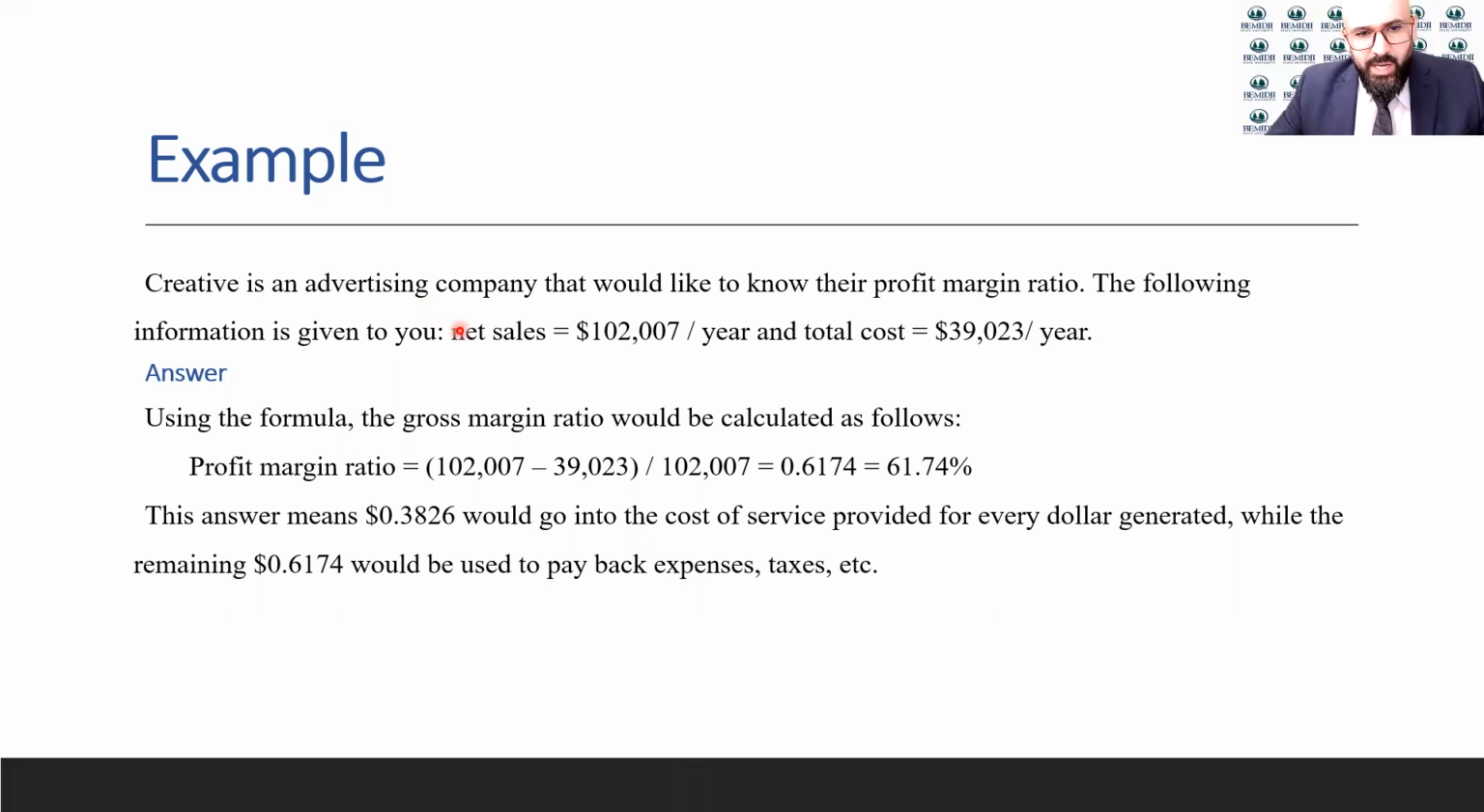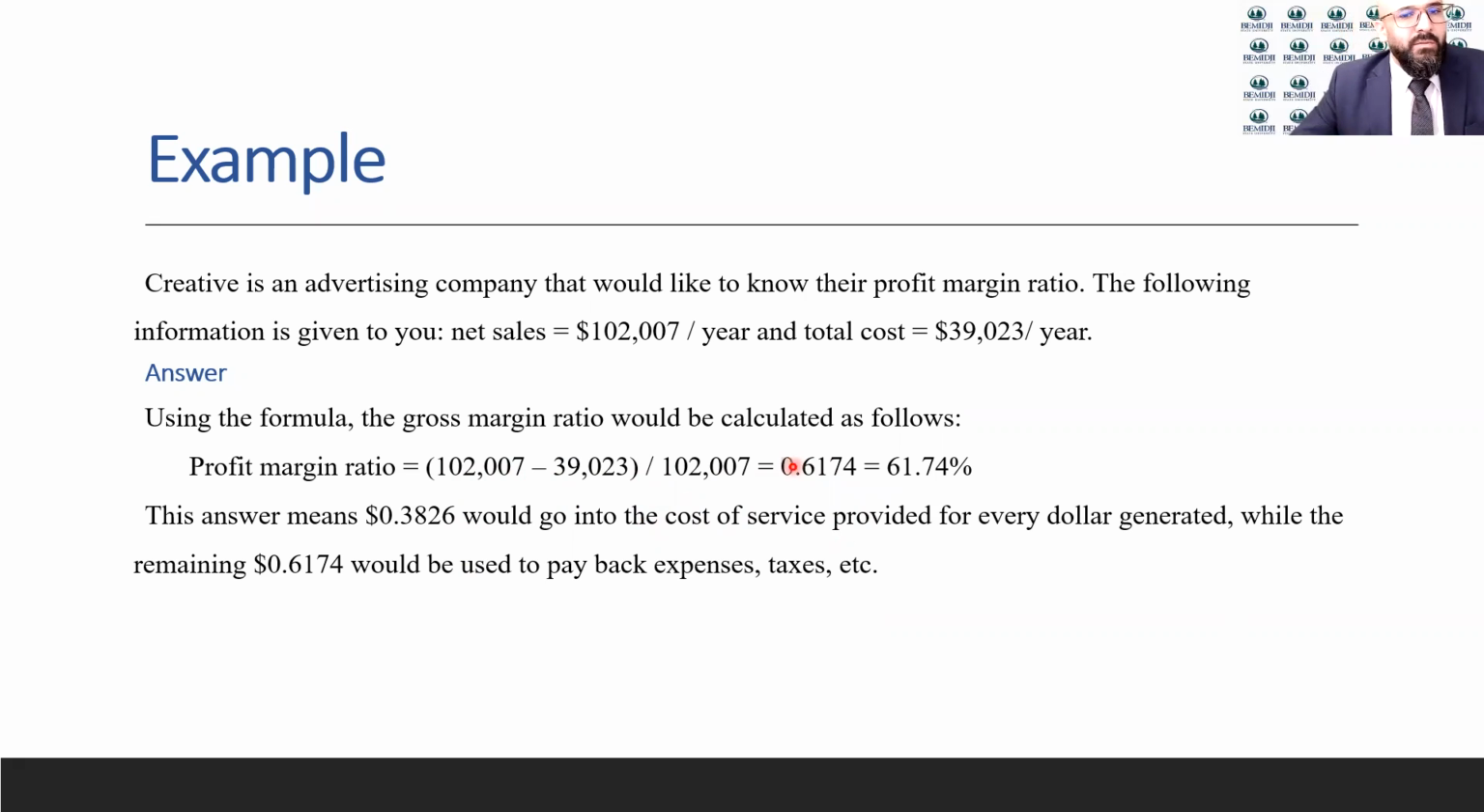Creative is an advertising company that would like to know their profit margin ratio. The following information is given to you. Net sales is 102 per year. The total cost is 39 per year. And we're talking about thousands here. So the answer, in order to find the profit margin or the gross margin ratio, would be 102, which is the net sales, minus the cost, divided by the net sales. So 102 minus 39 divided by 102 will give you a